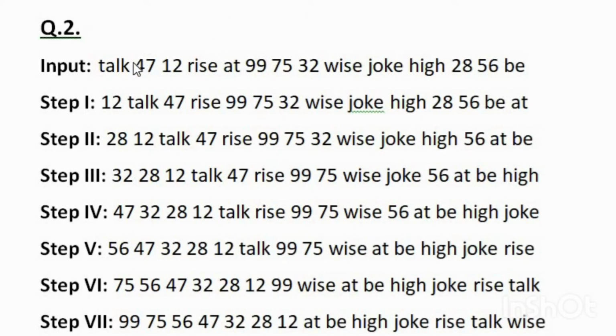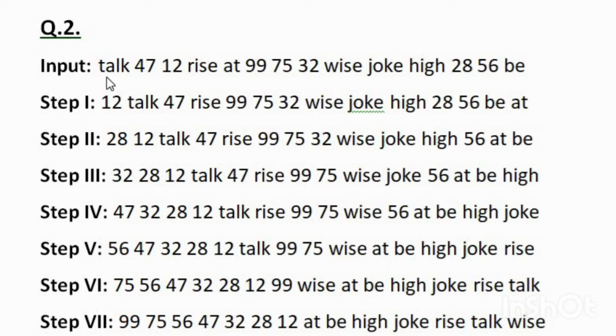In the second question, an input is given and 7 steps are arranged according to a particular rule based on that input. So based on this rule, you have to do the input given to you. First, we have to check what kind of rule they have applied in these steps.